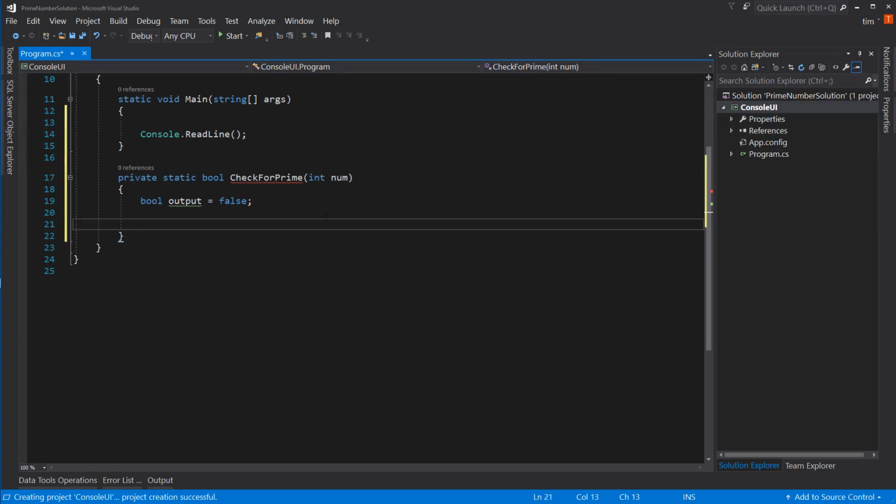And actually I want to change this to true. Normally I initialize booleans to false, but I'm going to do a check here to see if we find any factors other than 1 and the number itself. So if we do, then in that case, I'm going to say, okay, that's false, and then we'll return from there. So let's say for